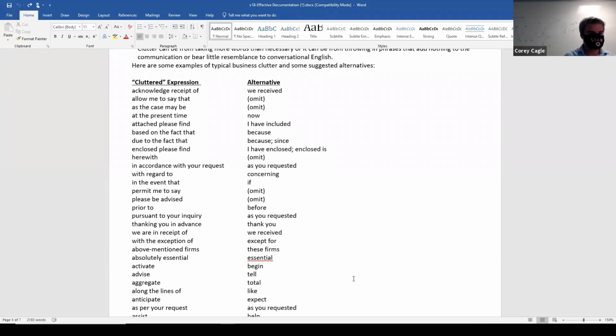Attach, please find. Don't do it. What about instead saying, please see attached? Yeah, or I always do, I've attached. You wouldn't say that in real life. You also wouldn't just be like, please see attached, like a hand holding up a piece of paper. Well, that's true, but at the same time, some things in an email are going to be different than a real life conversation.